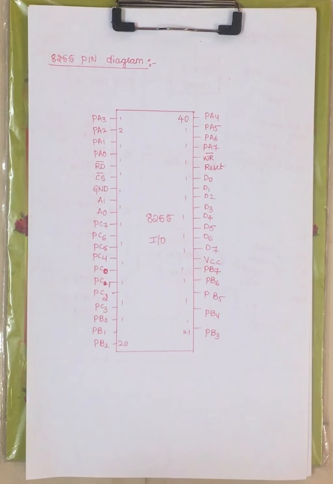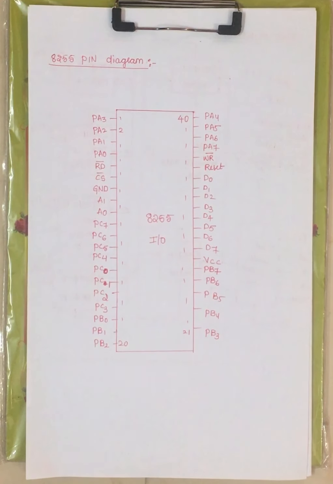Now port C is available in two different forms, port C upper and port C lower, and this can transfer 8-bit data, either used for read operation or write operation through that bus, right? Next we have seen it has read and control logic, such as the read signal for reading the data and the write signal for writing the data. For selecting this 8255 PPI we have the chip selection pin, and next we have address lines A1 A0, and one more pin, that is reset, under the architecture of 8255, right?